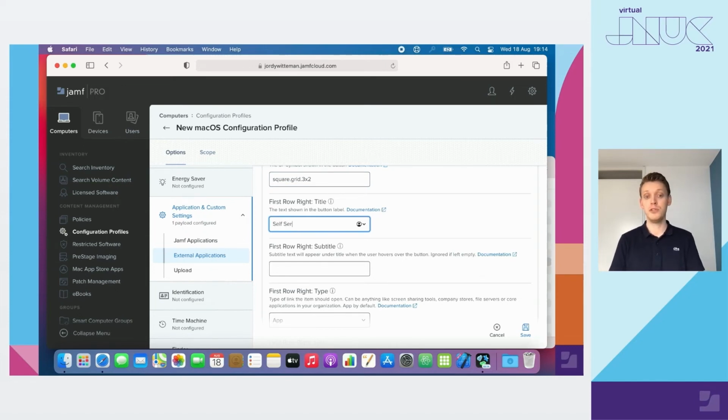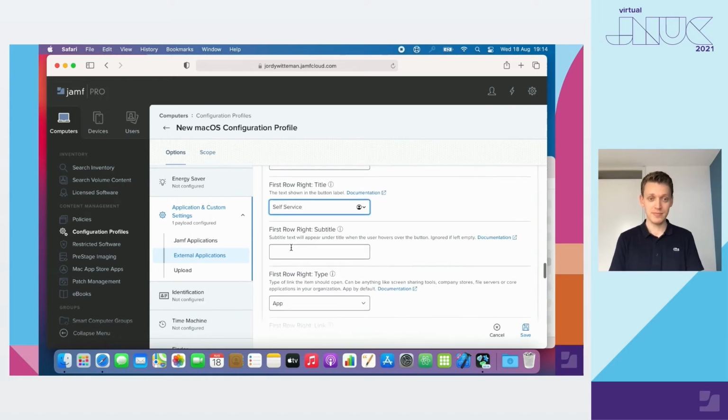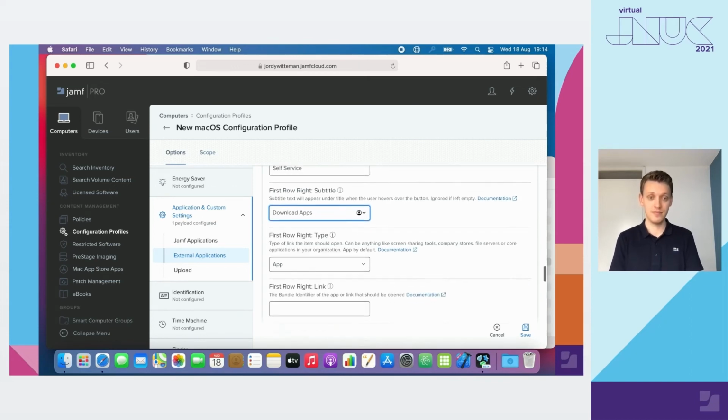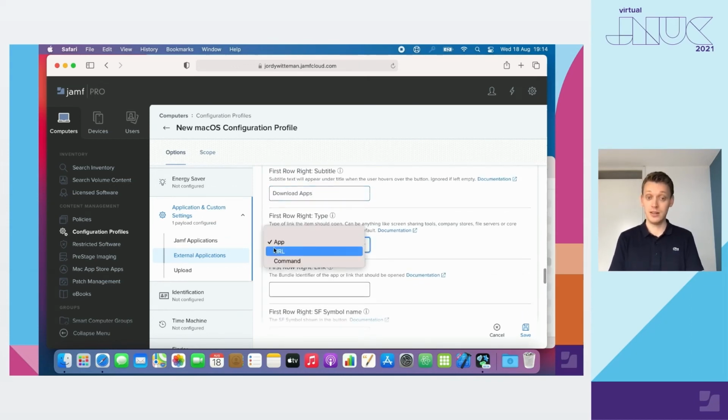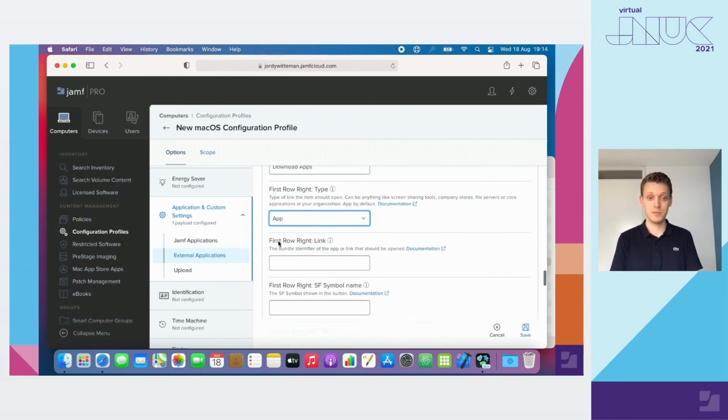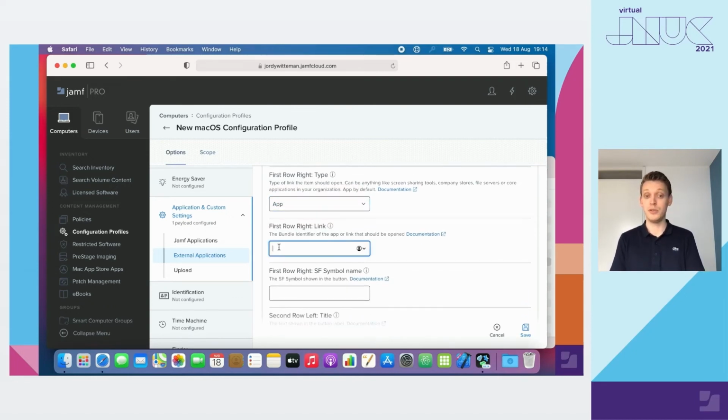And here we're going to put self-service, of course. I'm going to give it a subtitle of download apps. It's an application. And its bundle identifier is com.jamfsoftware.selfservice.Mac.